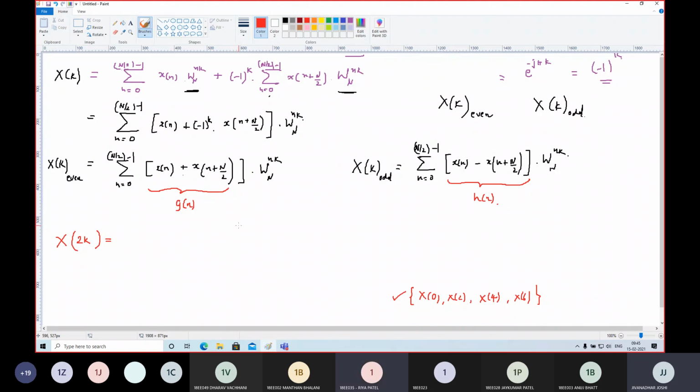We are doing decimation in frequency. Yes, we want to apply decimation in frequency. k is the term related with the frequency. When k equal to 0, we are actually trying to find out the component like DC. When k is equal to 1, we want to find out the component like the fundamental. When k equal to 2, we are finding the component like the second harmonic and so on. So the term k is the integer multiple of the fundamental, meaning it is the term related with the frequency.